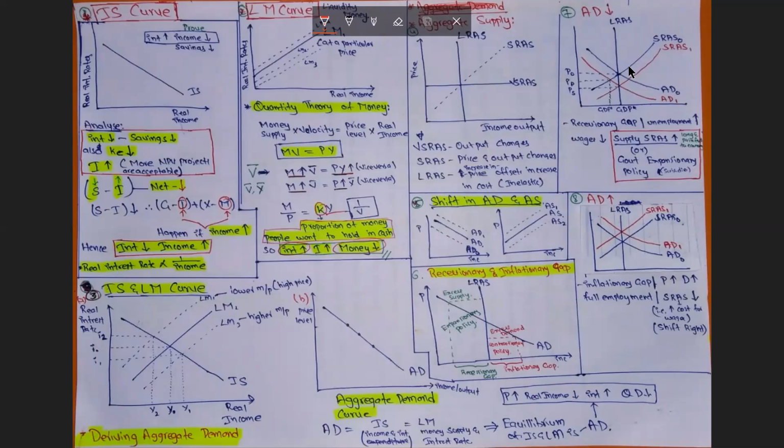So let's analyze this. When interest decreases, people are not that interested to save more, they will increase their current consumption. So when interest decreases, the cost of capital will also decrease. So what happens is investment opportunity increases, because when the discount rate is low, we discount the future cash flows with a lower discount rate. So we can accept more projects, so our investment opportunities will increase. So when savings decrease and investment increases, the net amount will decrease gradually.